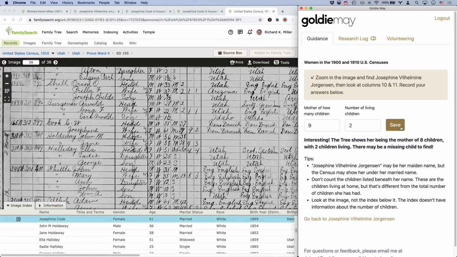This is really interesting. There may be other times when you go through this exercise and, instead of finding a potential missing child, you'll discover that there are more kids in the tree than she reported in the census. In a case like that, it might be that there was a typo in the index, or maybe the census enumerator came to their house and asked the question, but Josephine wasn't home, and maybe someone else answered for her. There may be a variety of reasons why that might be off,